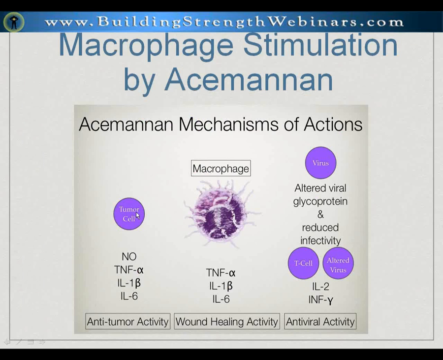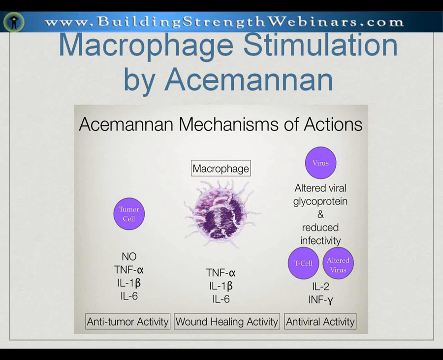So let's look at macrophage stimulation by expanding. All I may do is just turn this over for a second to Eric, let him talk through the macrophage stimulation. Well, with asmanid, it goes through the same process, activating macrophages through the two mechanisms that Dr. Mackey just talked about, and that's with the mannose receptor and with the mannose binding lectin, both of which can be found on or can affect the macrophage.